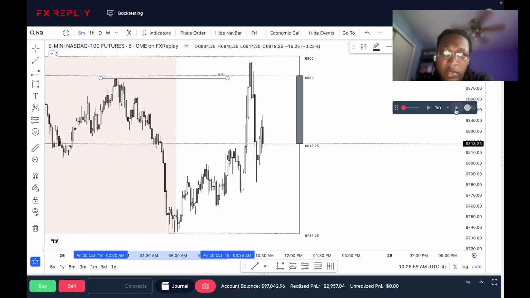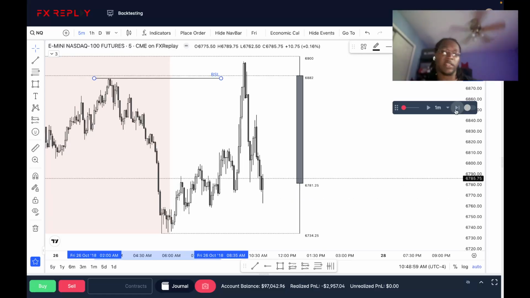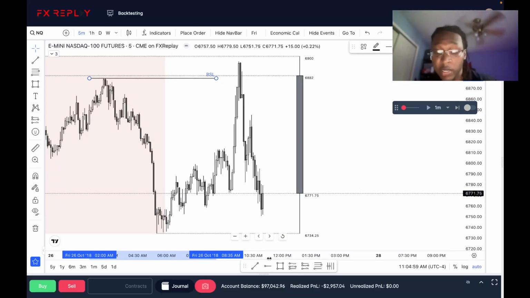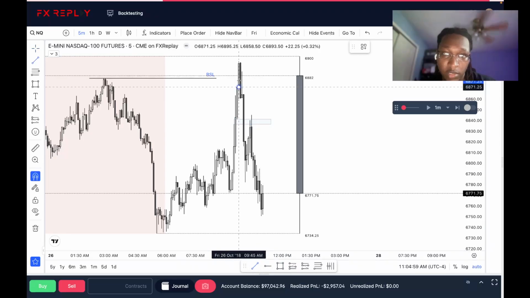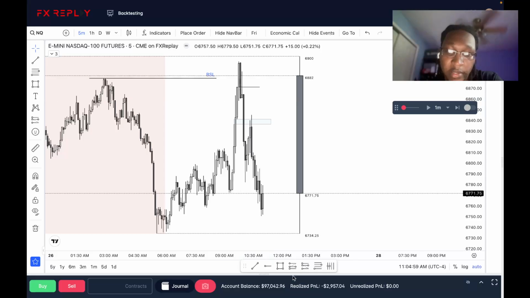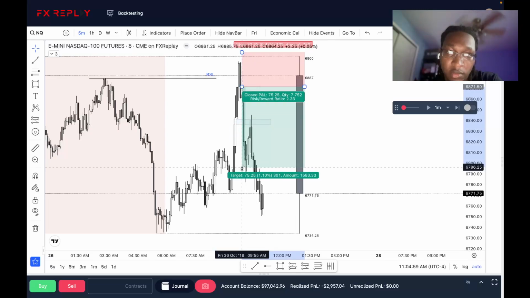And price takes out those lows. That makes sense. I didn't want to take it because it was Friday, but this is a beautiful trade. This is the exact example that I'm looking for. So there's the re-entry, but the optimal one is this right there. So once that candle closes right there, change in state, boom, stops above the highs, targeting lows, 1 to 3,